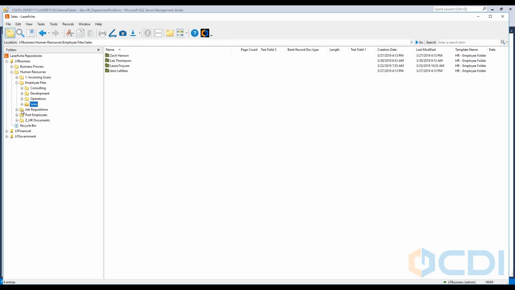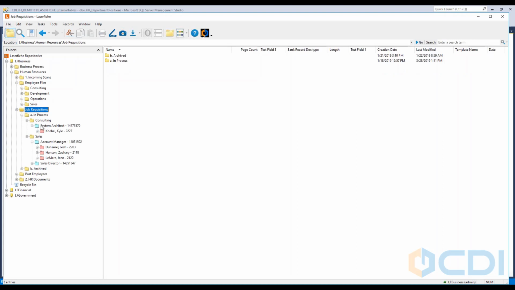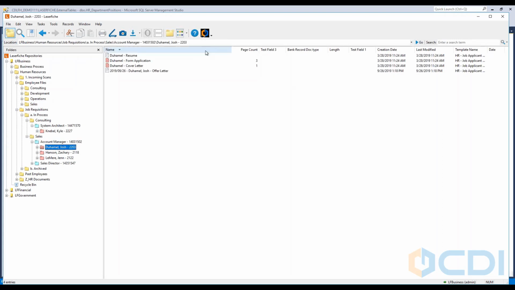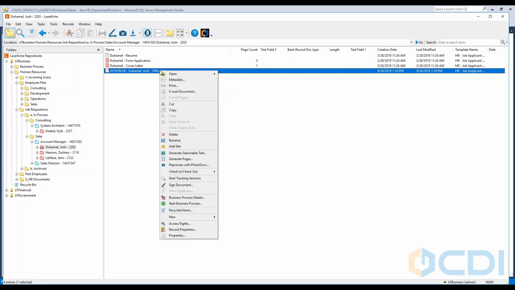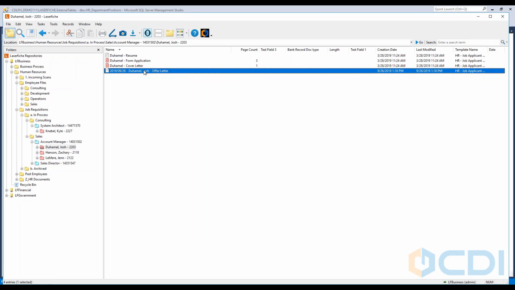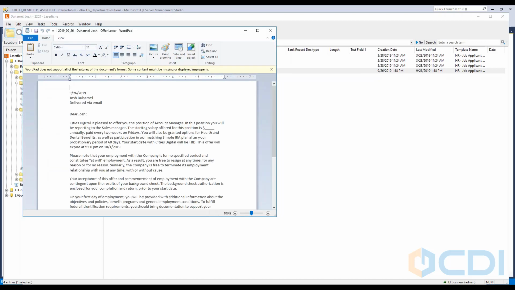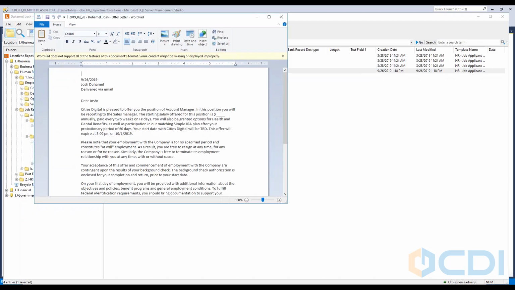in our job requisitions, I can see here in Josh's folder, created today at 1:18 p.m. Central, his offer letter was generated. And so if we go ahead and open it,